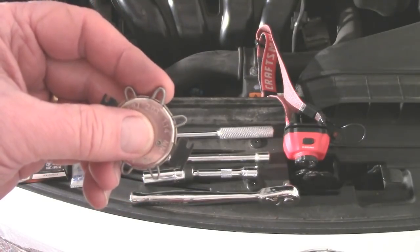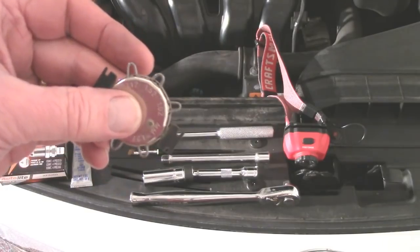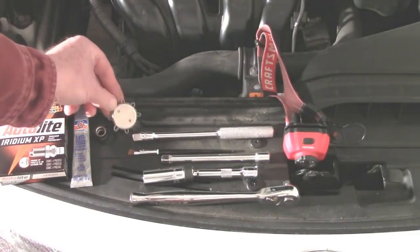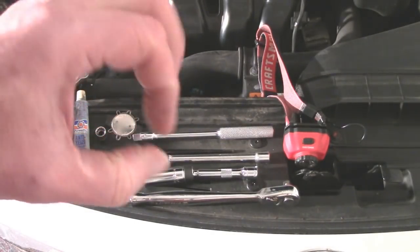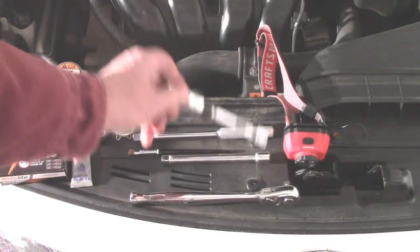Do not use a flat feeler gauge, and by all means do not use the old style wedge gauge, which looks like a circular coin with a ramp around it. That was fine for adjusting the old heavy copper plugs, but they're definitely not suitable for the very fine, fragile electrode that's used in these iridium plugs. And you need to have the appropriate